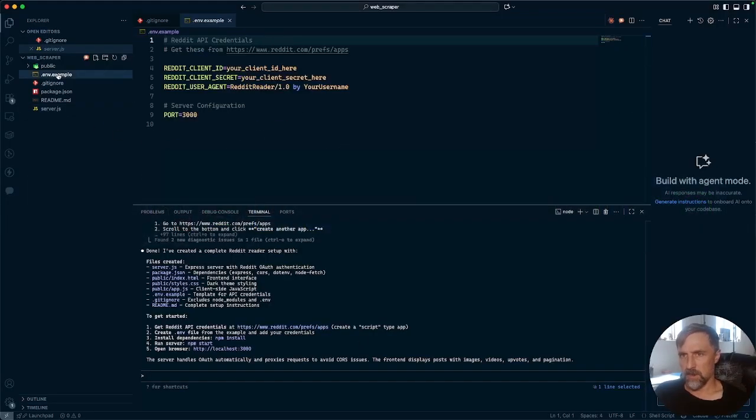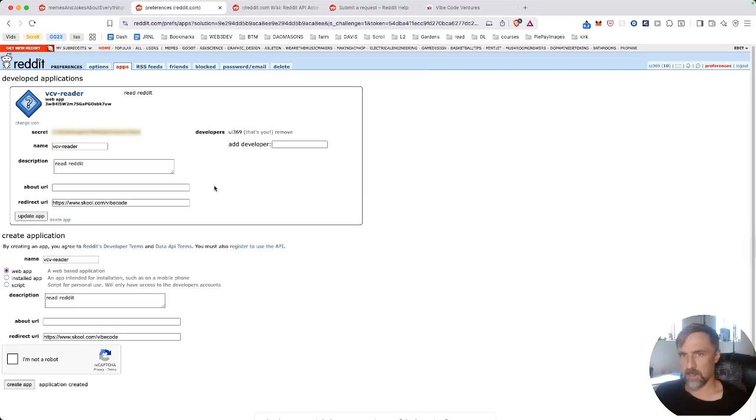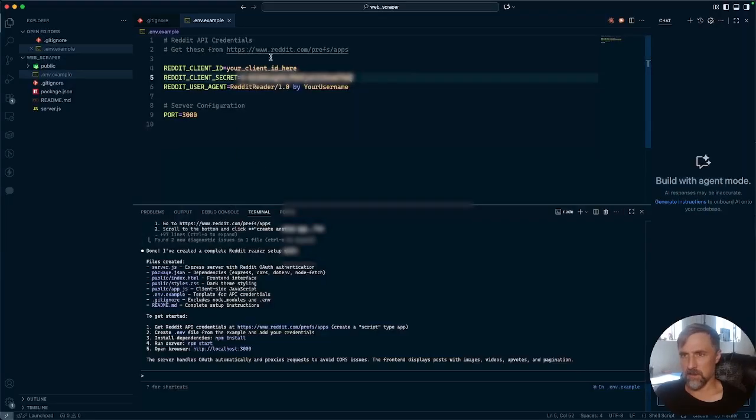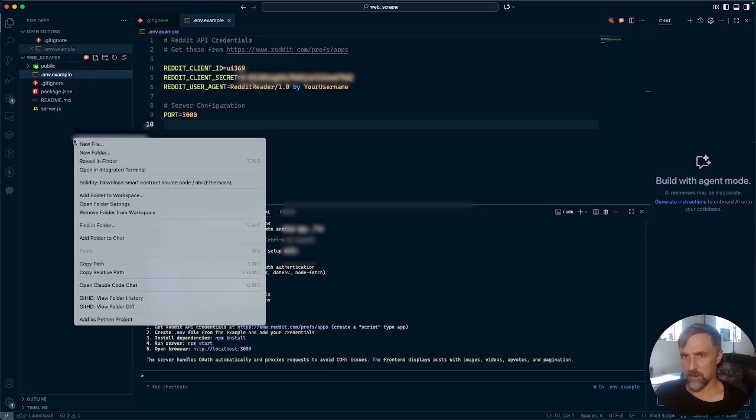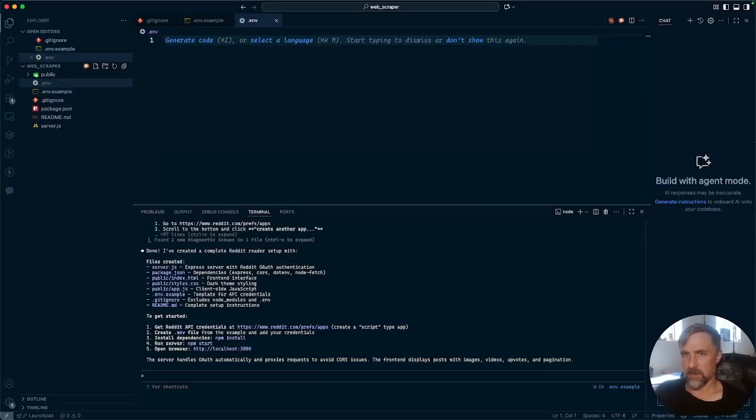So back over here, Reddit client secret, we'll put that here. Do I have a client ID? What is that? Developers? Is that me? UI369? Oops. So if I signed in as, maybe that's me. So let's put UI369 and okay, so I updated, create env from the example. Okay, so new file, .env,